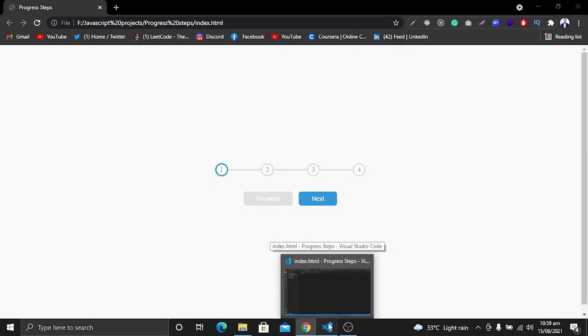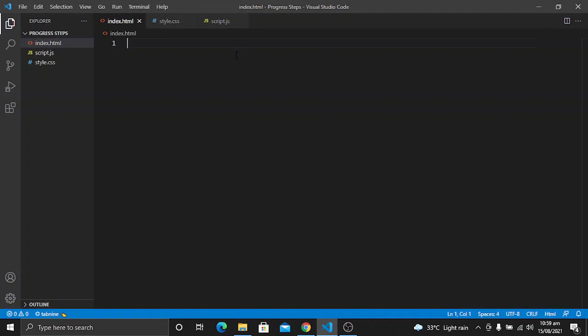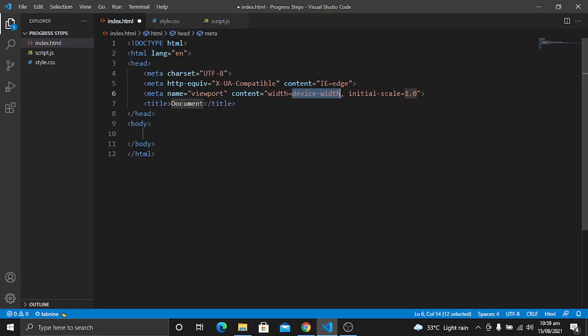In my code editor, I have just three files: HTML, CSS, and JavaScript. First of all, I will create a little mockup, and then I will change the title to progress steps. Let's save it, and now I will create the HTML for this project.